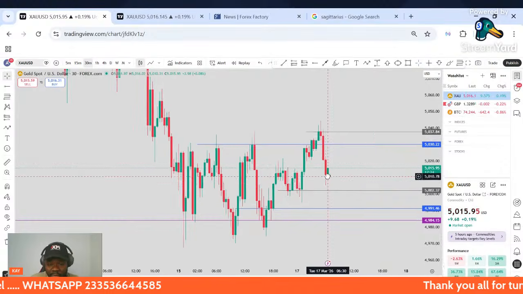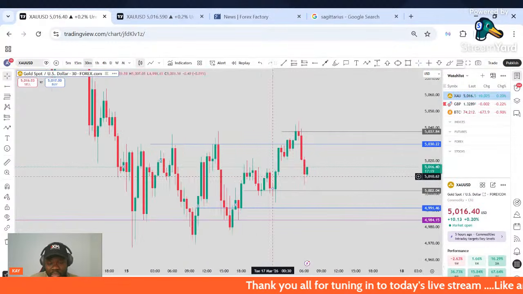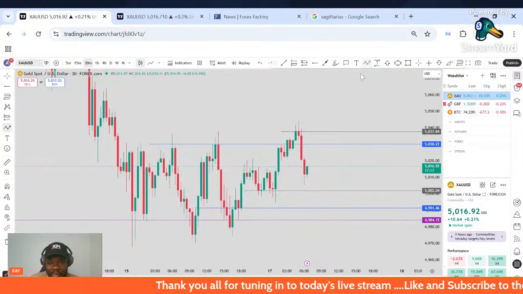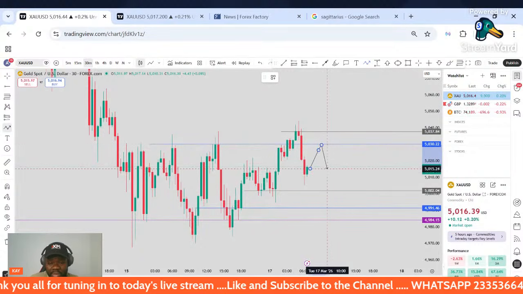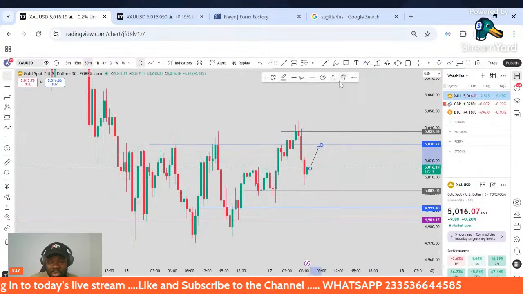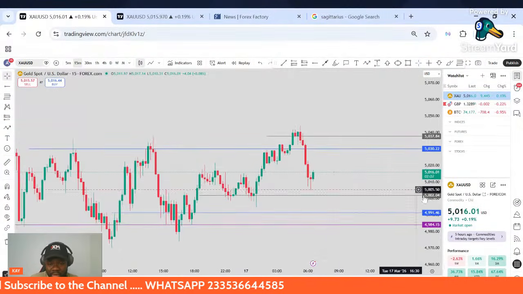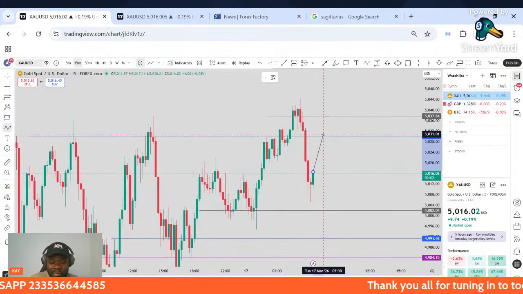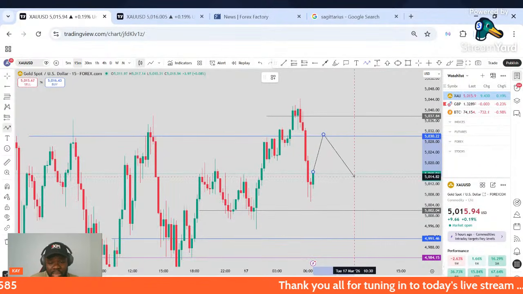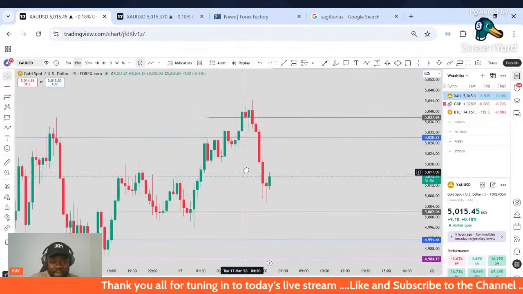So I'll be considering taking a sell. Let's say if price makes a pullback, creating a resistance, I'll consider looking for a sell. But I need to see a resistance from it. So if price pulls back over here, I'll consider taking a sell. It's sometimes confusing, but